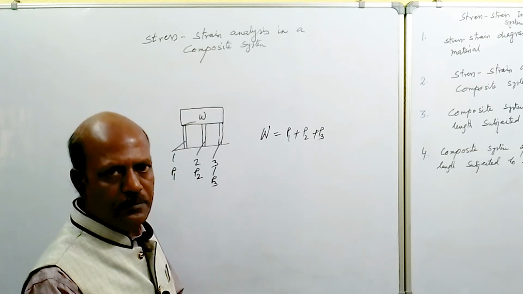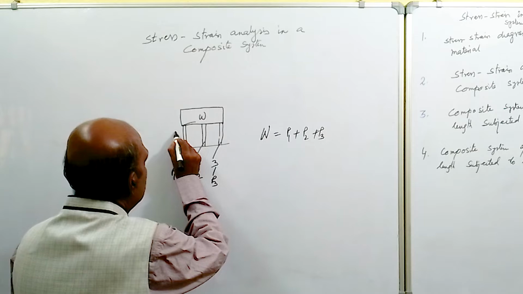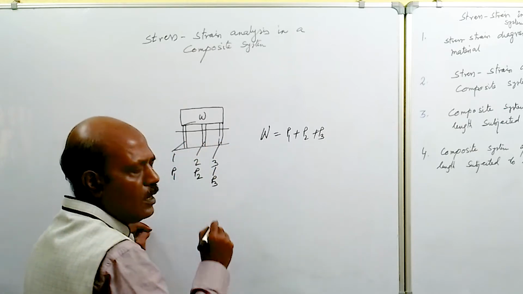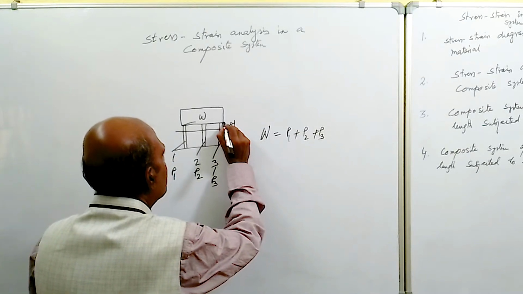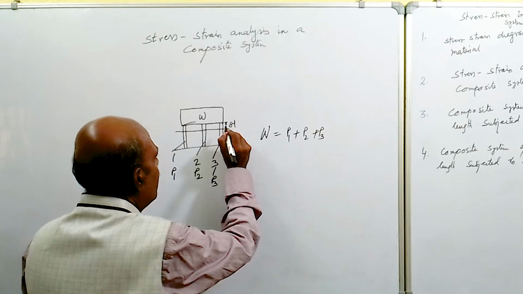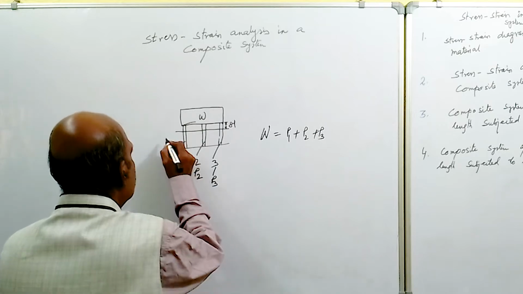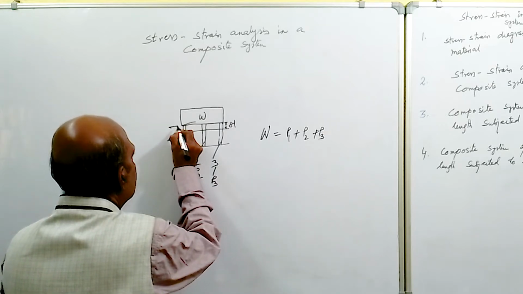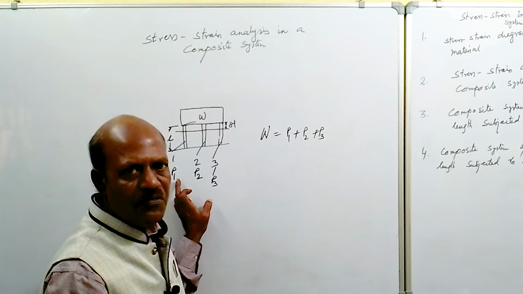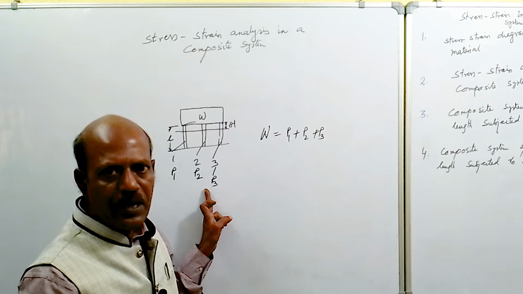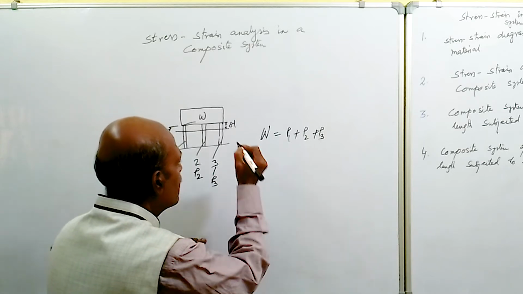And the second equation will come: if the deformation takes place because of load W, the deformation will be equal on all the bars. Say delta L is the compression because of the compressive load applied over the members. Delta L is the deformation, and the original length of the members is, say, L. So the strain produced in the first member, the second member, as well as the third member will also be equal. So that means we can write